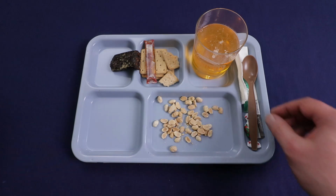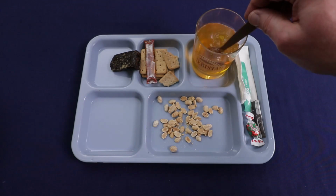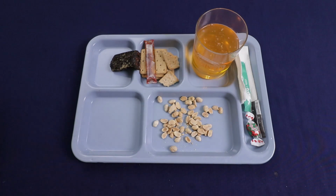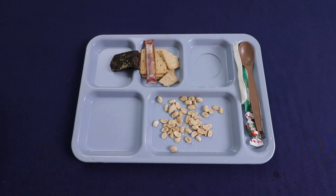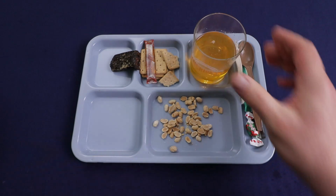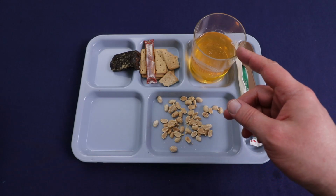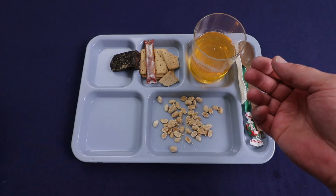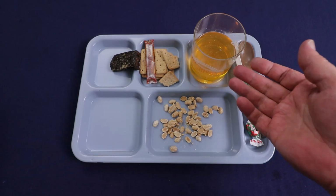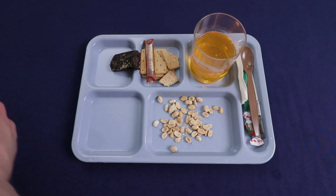I'll give our orange drink a little mix here. Give it a taste. Yeah, I really like those. It's not too sweet. It has a decent orange flavor, but that effervescent tablet, I know it's not carbonated, but when you drink it, it tastes like it's carbonated. Okay, let's check out